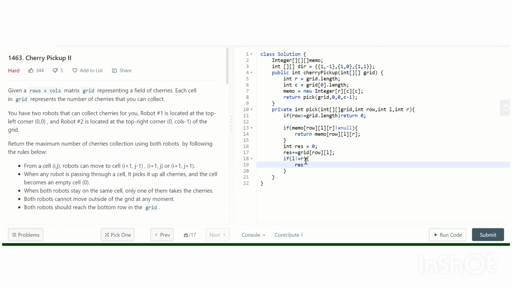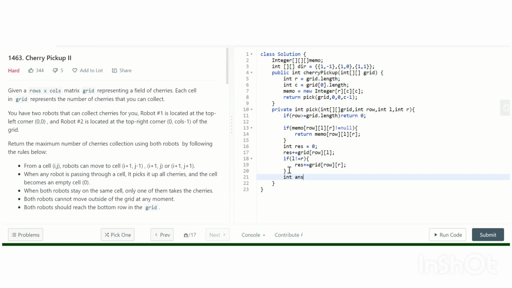Then we can collect grid[row][r] as well, and now we'll recur for the next positions, the next states.